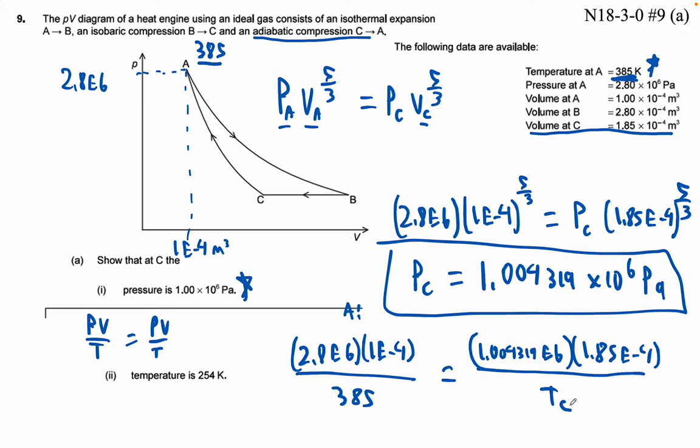I'm going to go that number that I've got there times 10 to the 6th times 1.85 times 10 to the minus 4th. Then I'm going to multiply by 385 and divide by 2.8 E6 and divide by 1 E minus 4. I'm just doing math here. Hopefully I'll end up with... And then indeed I get the TC